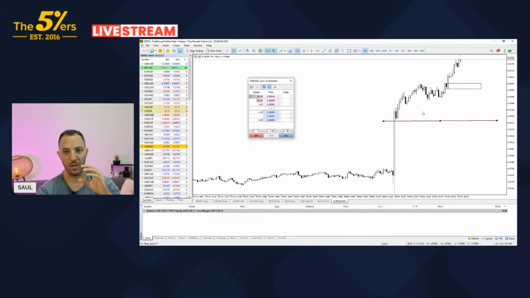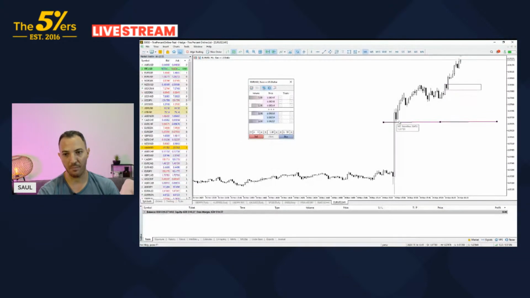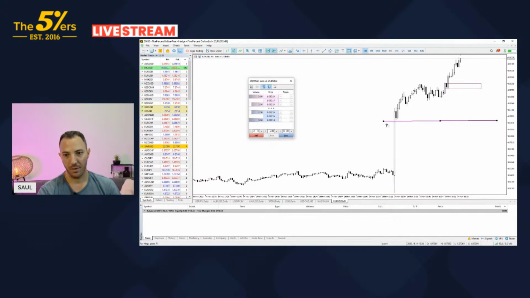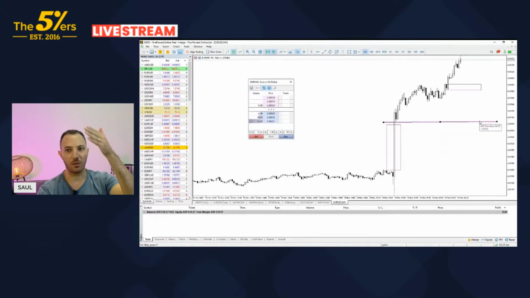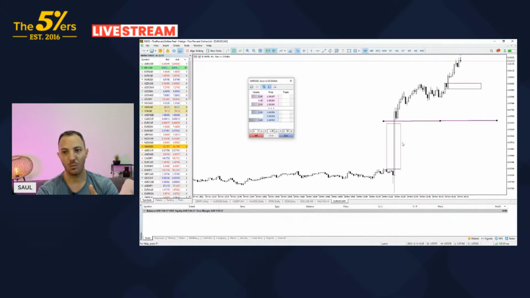Inside that area, I have different valid entry points that I'm going to try to take advantage of. But if price breaks below that level, all that space, all that area is kind of a gap. There was such a strong movement to the upside that it's almost a gap. So if we come back towards that level and break it to the downside, we most likely have a similar movement to the downside. We'll end up breaking down all the way to those lows.